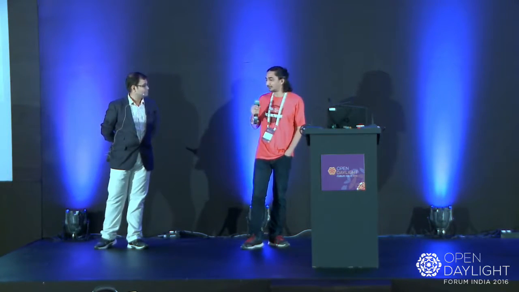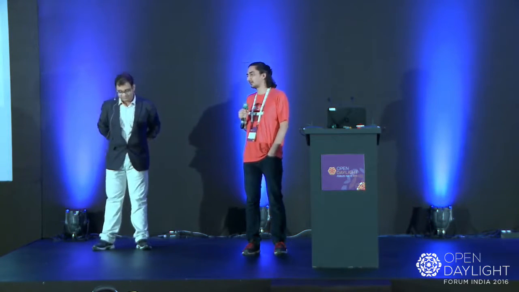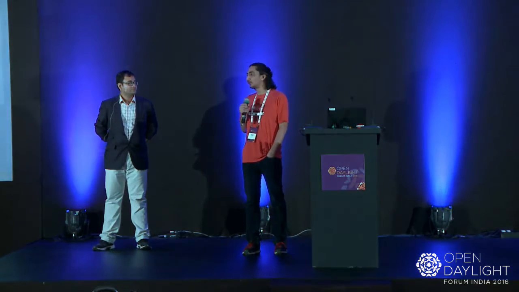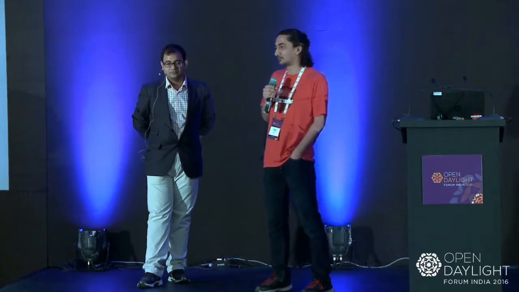Okay, let me start off. First thing, when you are writing code, it's not being written in isolation. You must be using infra components like, say, controller, MD-SAL, clustering, and all that, right? So the biggest advantage, when you upstream it officially, is that they know you have this dependency. If they make any change which can break your code, they will announce it well in advance and you'll be able to adjust to it. If you're a downstream fork, they can change it without any explanations, then your code is broken. What will you do now? That's the first point, and I would say that is the biggest point, because this is the biggest issue we always face for all the downstream code.